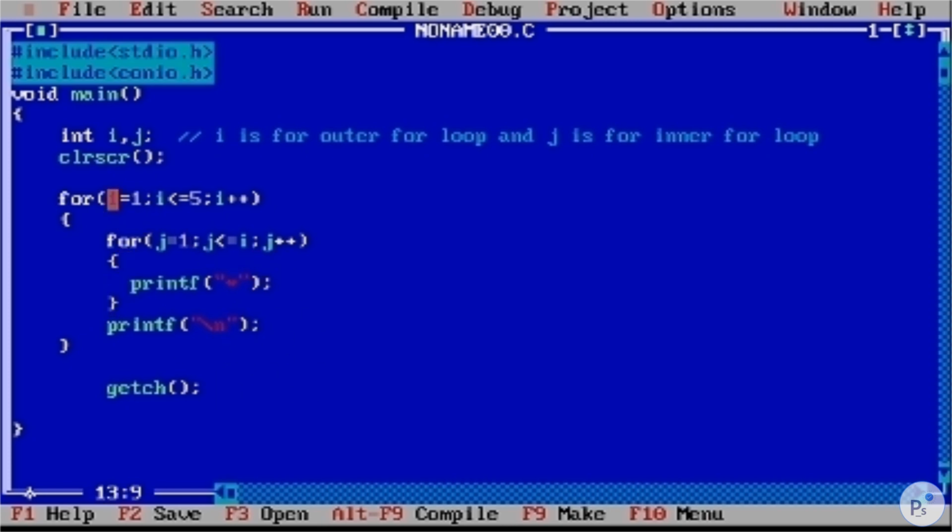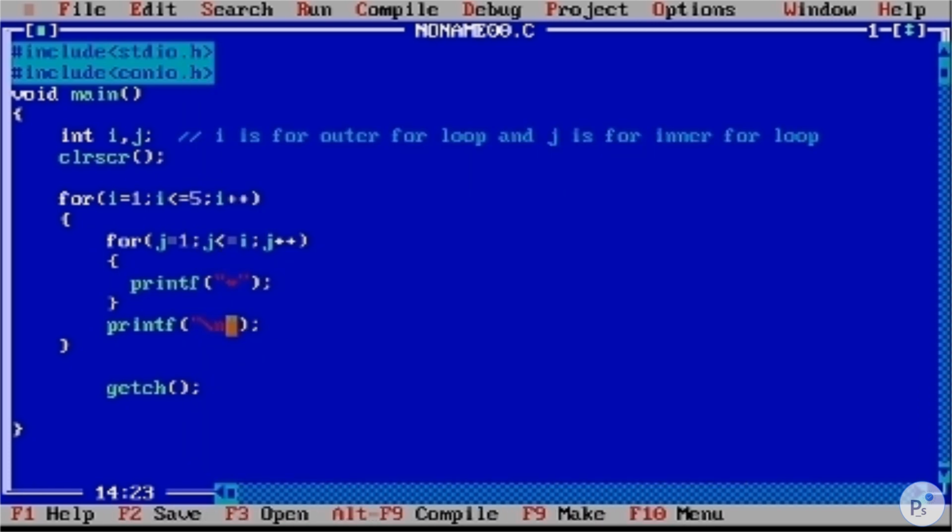Okay, when the value of i is 1, j equal to 1, j less than or equal to i, means it will loop till the value of i is equal to 1. So j is less than or equal to 1, the condition is true because it is equal to 1. So it will print that out, come up here, and increment j to 2. Is 2 less than or equal to 1? False, so it will come up here and execute the outer loop's statements. Remember that this is the outer loop statement and this is the inner loop's statement.